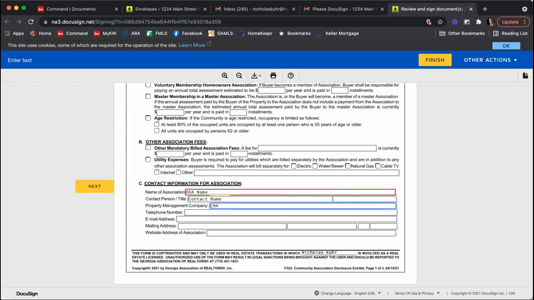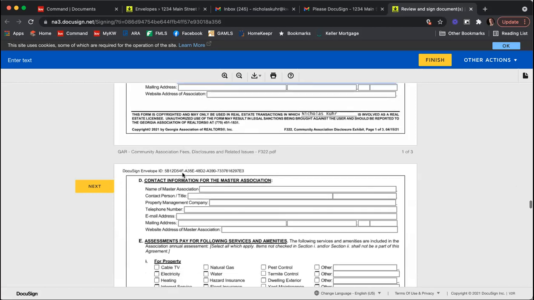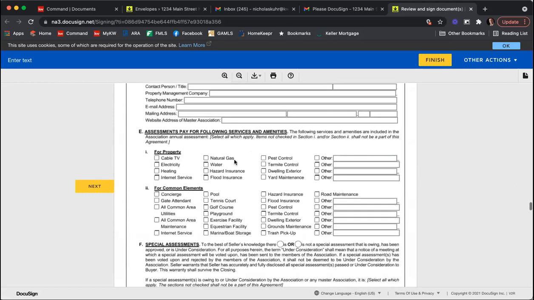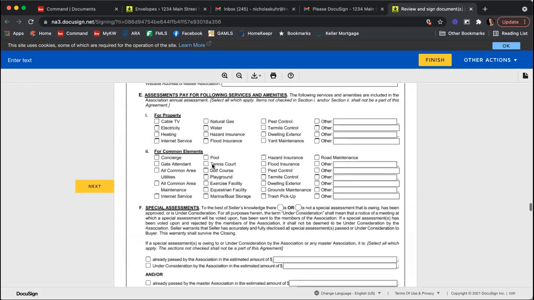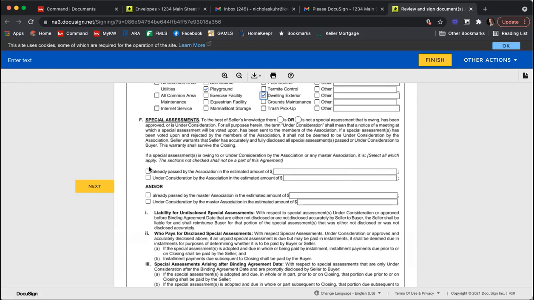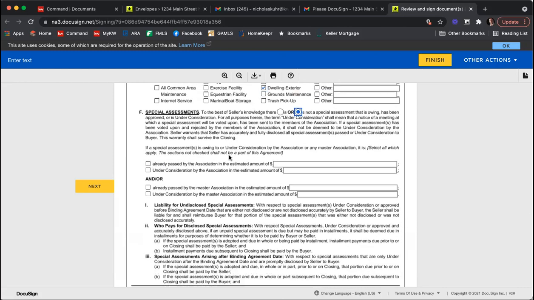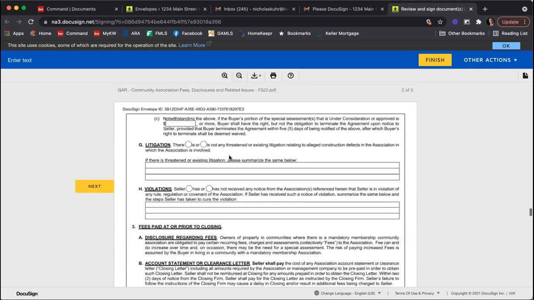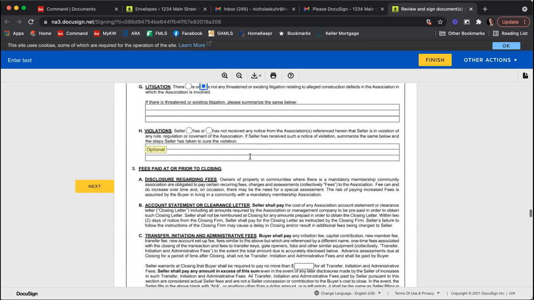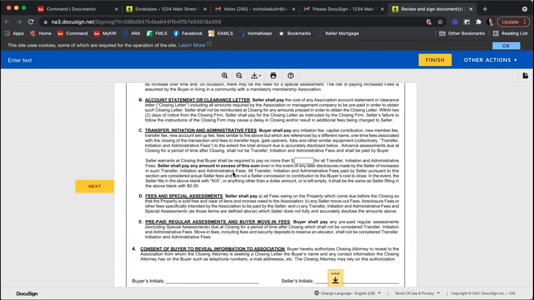contact name, community management. And then I'm going to scroll through and go through here. Assessments, common elements, pool, tennis, playground, dwelling exterior, no special assessments, no litigation. And you do want to make sure that you talk to your clients